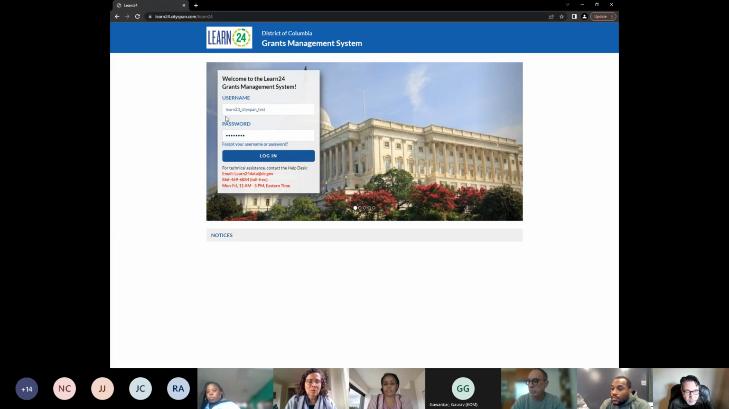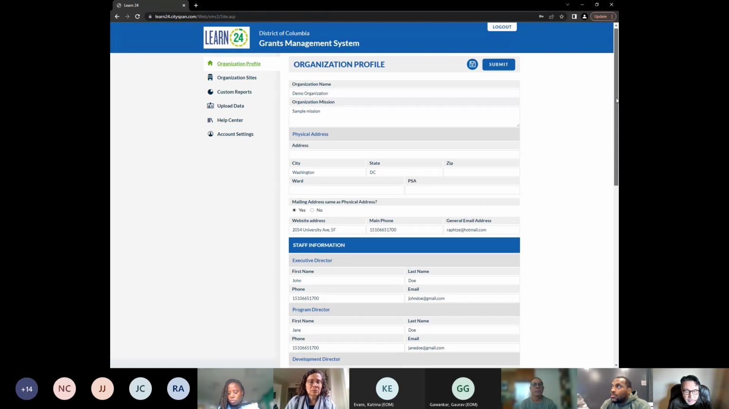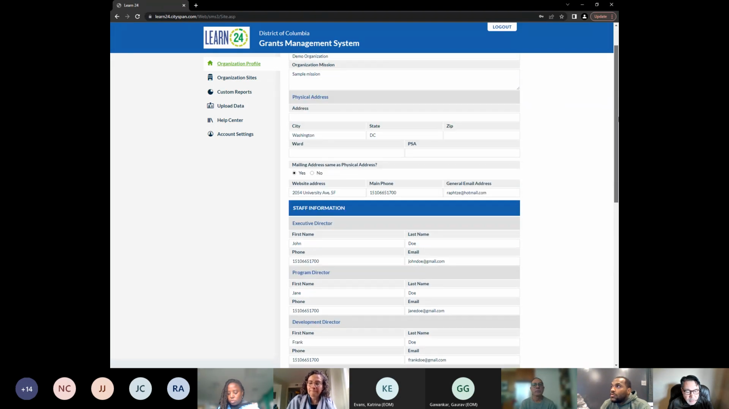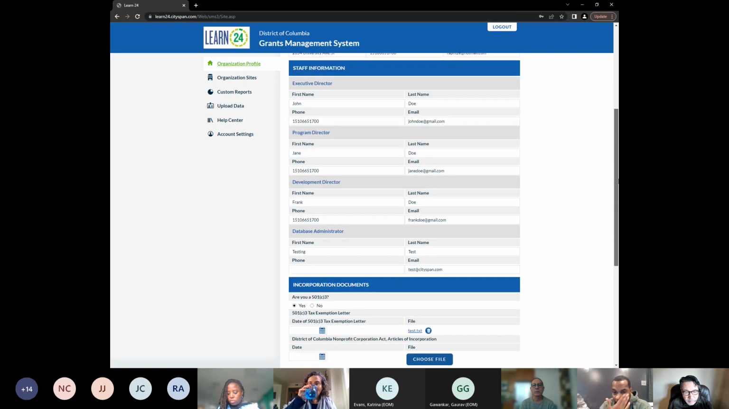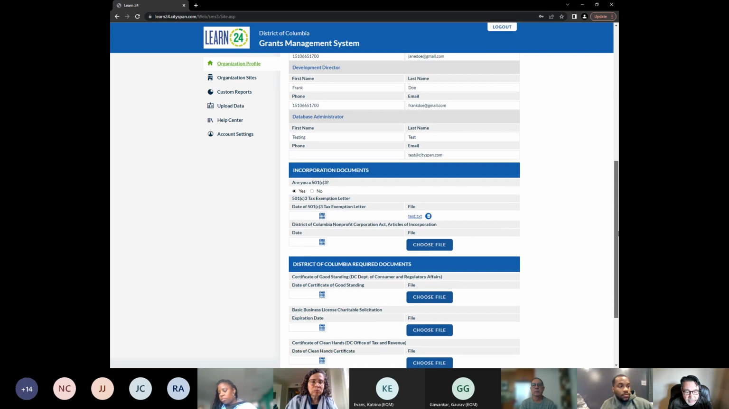I'm going to log in here with our demo agency account that we use for testing and training. Go ahead. So when each of you log in, this is the configuration that you should be seeing, where you land on your organization profile, and it's just a very simple form with all the background that Learn24 asks for about